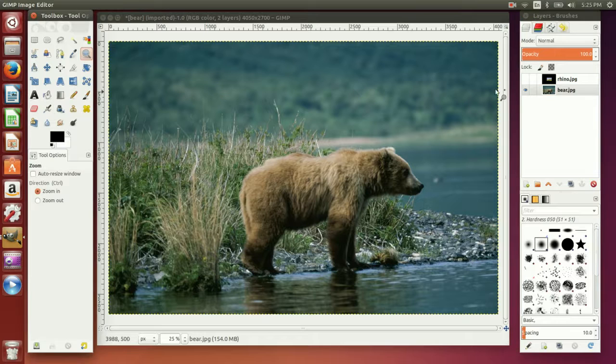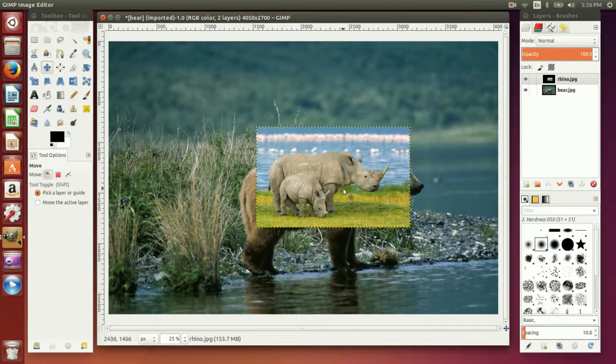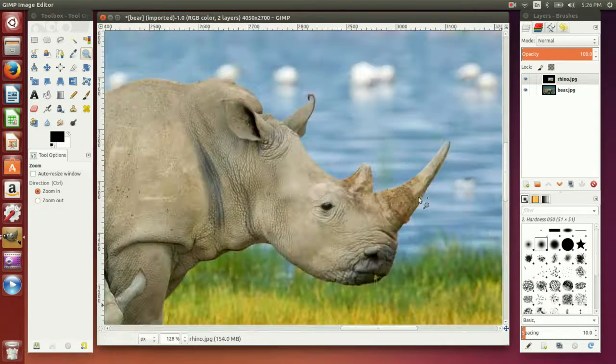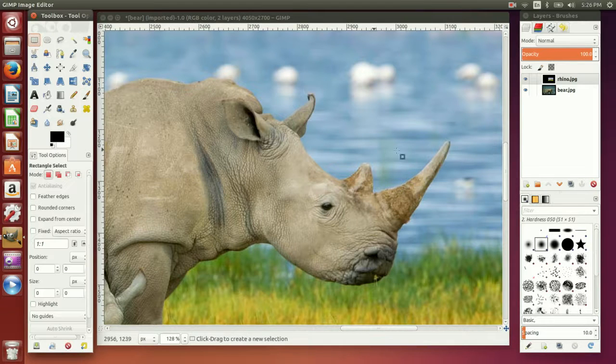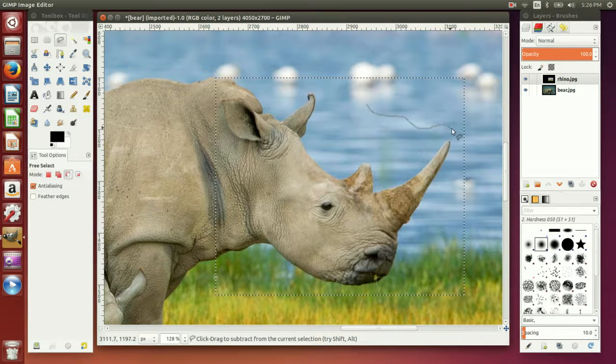So what I'm going to do is click back into this layer, show it, and grab it and move it over a little bit. And then I'm going to zoom in so that I can begin to select that rhino head. And you can do that a couple different ways, just like you would in Photoshop. You can grab the main area, and then you can deselect areas on this. So notice that I have a little minus sign next to my magic lasso, just like in Photoshop,